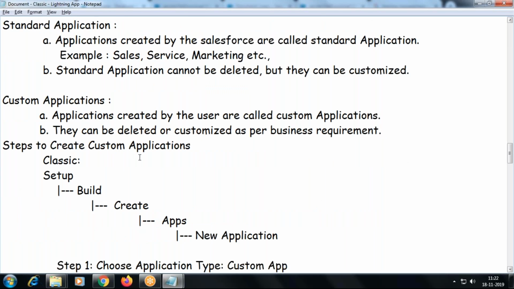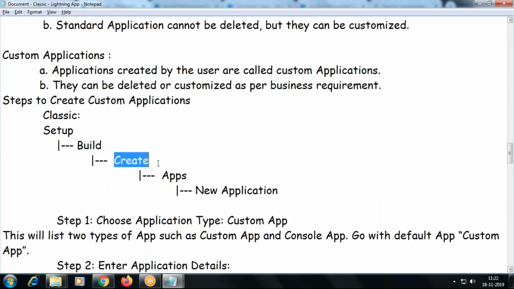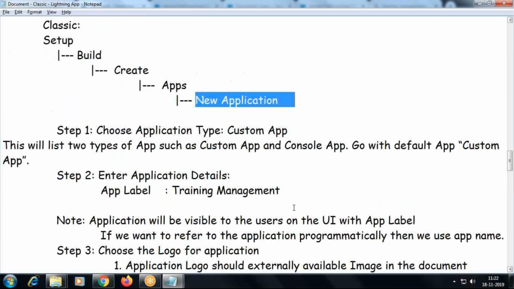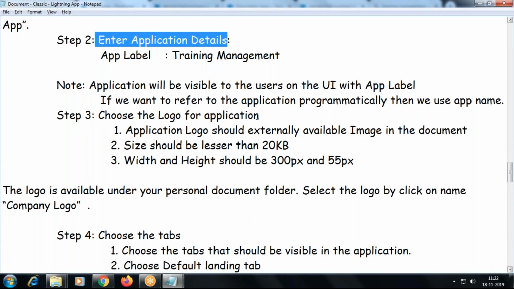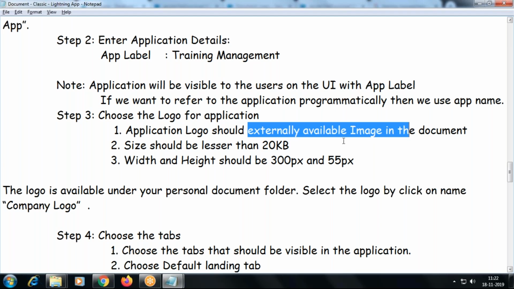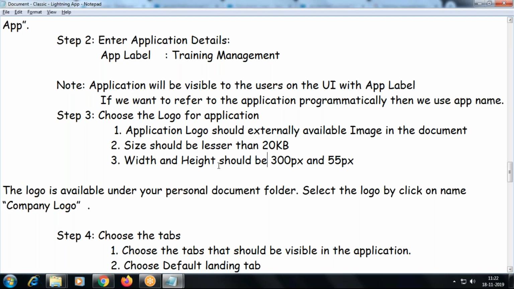And these are the steps to follow: setup, build, create app, new application, and enter the app details. And then if you want to upload the image, upload the image first into a document folder. Mark that image as an externally available image, and the size should be less than 20 KB.